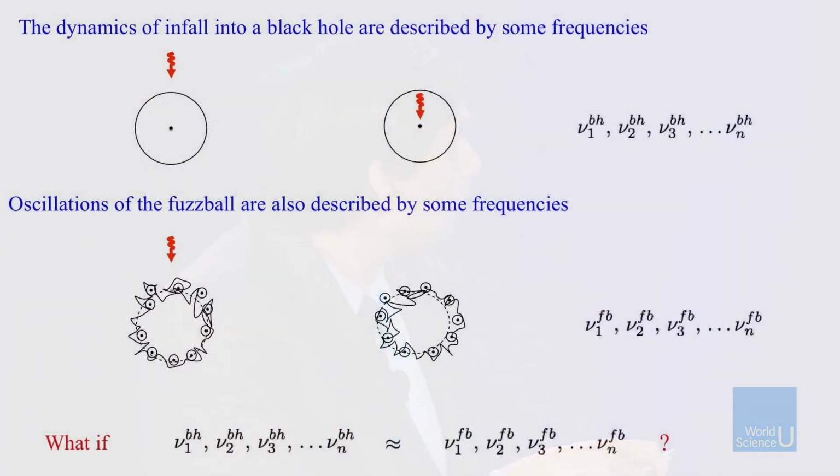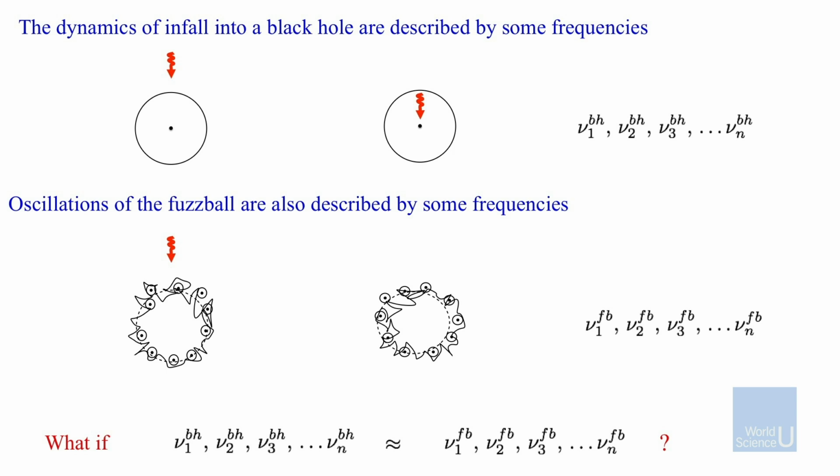When you fall into a black hole and you're going inside, the whole process of going inside, everything is a wave. There are some waves inside the black hole. You can look at those waves. You have to see the structure of the black hole to compute them properly. But they have certain frequencies, and I call them frequency 1 for the black hole, BH is black hole, frequency 2 for the black hole, some list of frequencies. If you hit the surface, you can't go in. You can only vibrate that. But the vibration of the surface has some frequencies. I call them frequency 1 of the fuzzball, frequency 2 of the fuzzball. Those are the FBs. I get a set of frequencies.